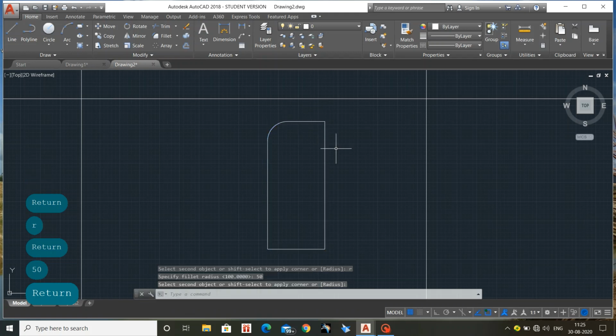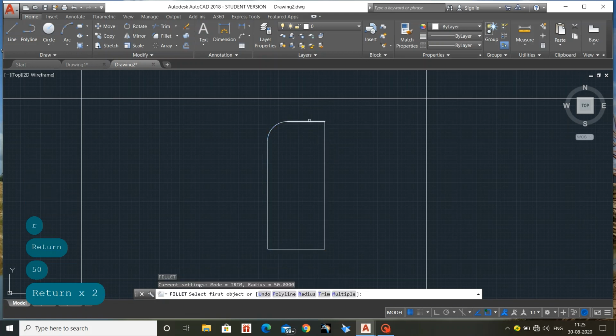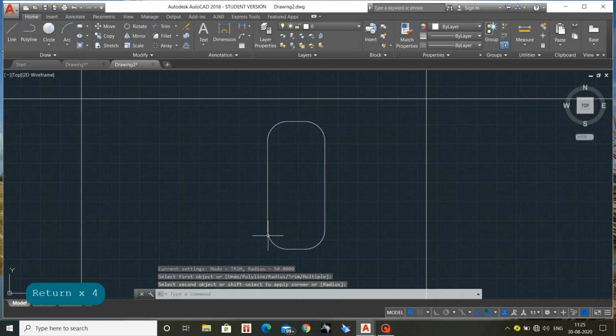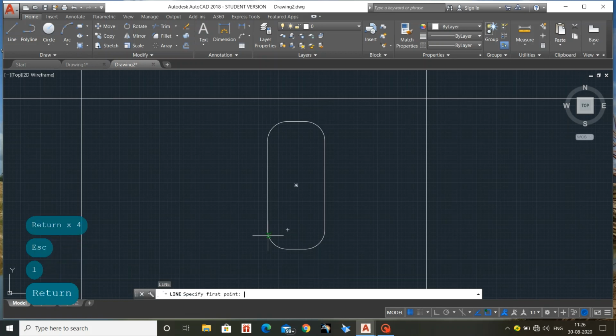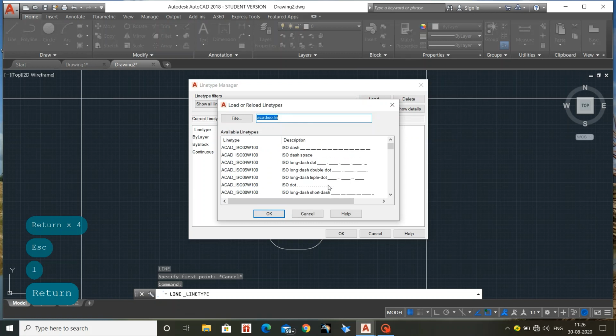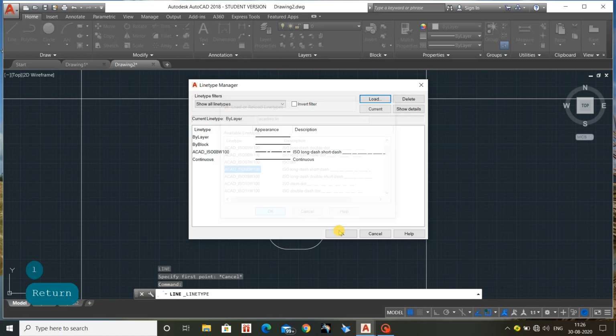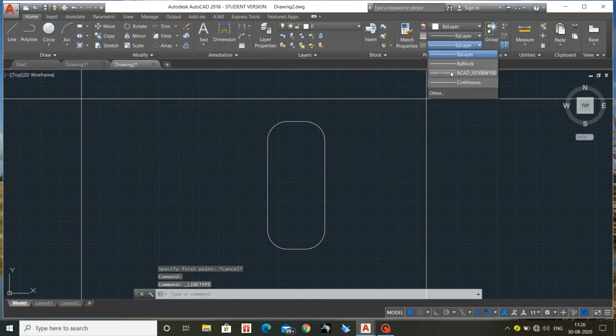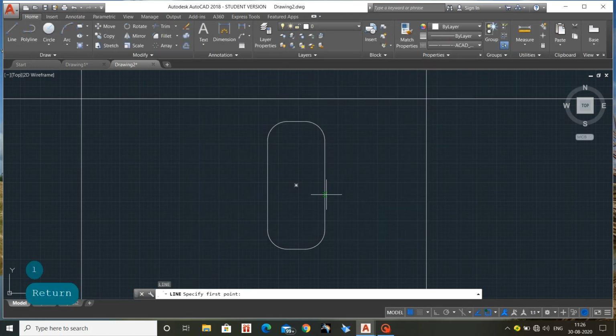See, it's done. So again I am doing the same option. See this, done. Again enter, completely filleting the whole rectangle. Okay, now fillet is done. So I am taking the central axis. See, I need to import the central axis, so I am loading it. Long dash, short dash. Okay, I have imported. See, now I am selecting that line. See, I have the midpoint with the triangle, so I am extending it up to here.